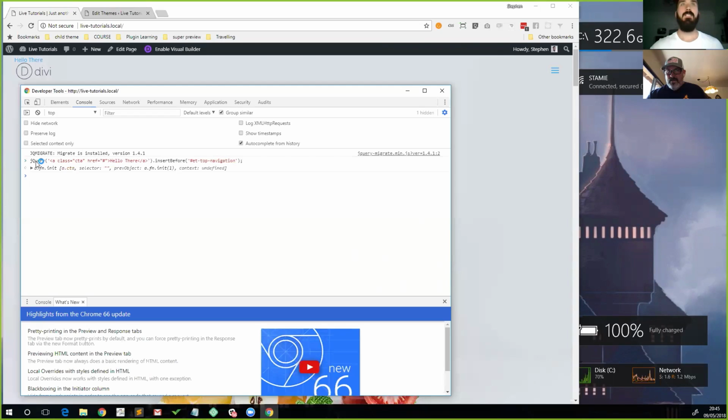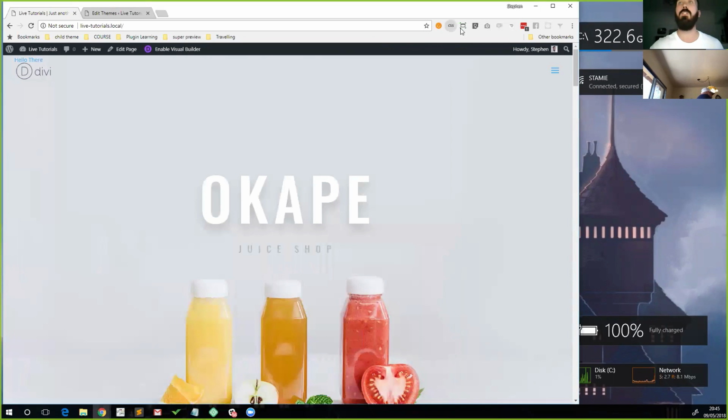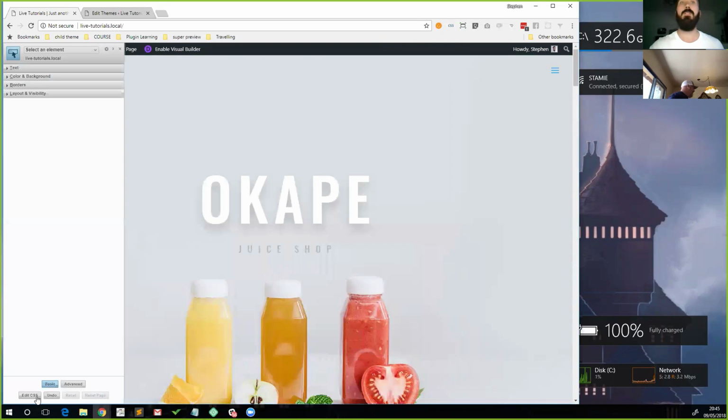So what we've done there is we've just used one line of jQuery to create a link, and we've inserted it before the ET top navigation, which is this item here. But as you can see, the list item has gone up here. We could float that right using CSS. We've given it a class, so we could just as easily, let's open Starbot, float that right. I'm not going to do that because there's a more fun way. So let's just target that class